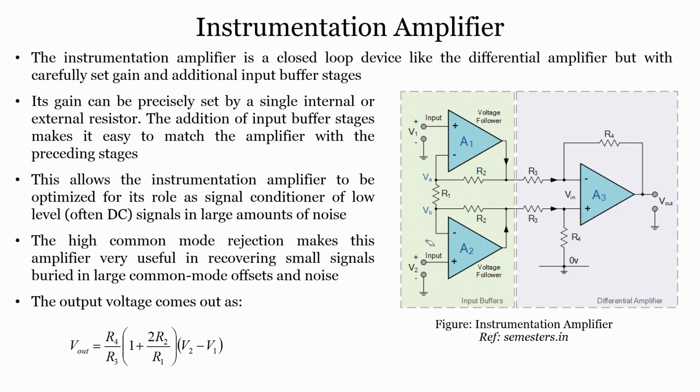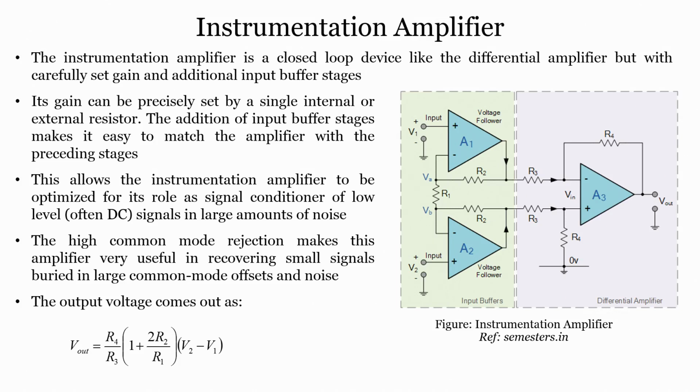An additional advantage of the instrumentation amplifier over the differential amplifier is that because there are two buffers at the input, it can easily match with the preceding stage. So, that comes in handy when you are designing a signal conditioning circuit. Further, the output voltage is given by V out equals R 4 by R 3